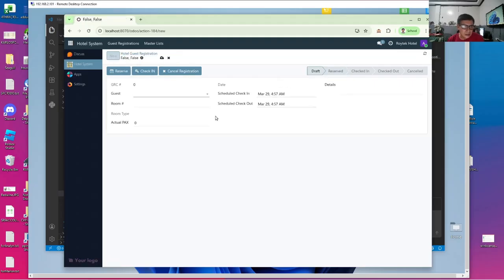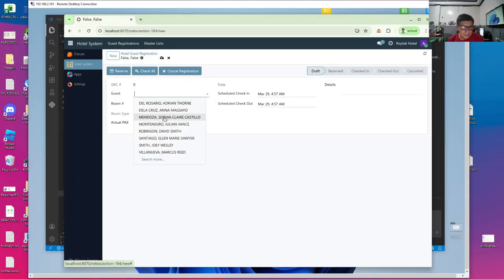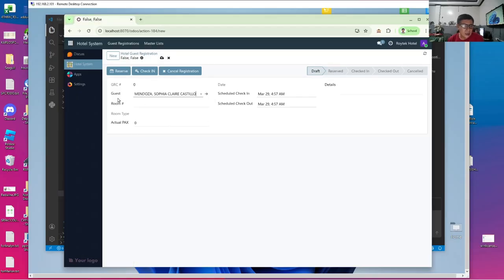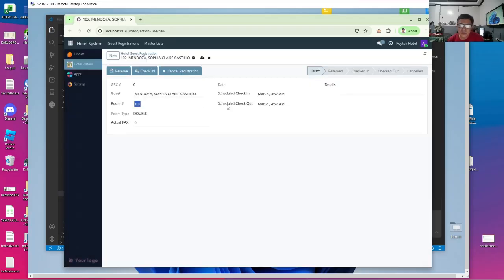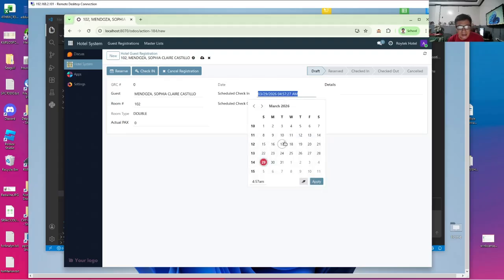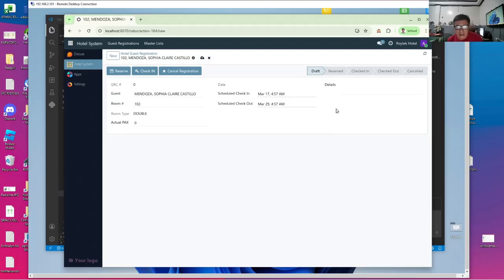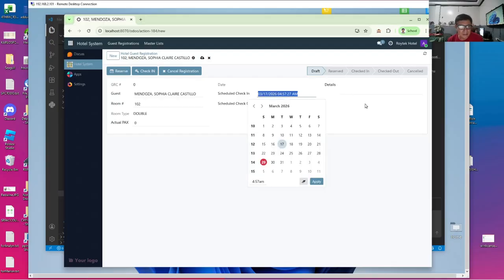Let's create a new registration, for example. Okay, like that. So there's guest ID, which is a many to one field. There's room number, which is also another many to one field. We can search actually, Odoo does that. And then we have a scheduled check-in and check-out. If you ask why there is no year, that's because that's the default date format in Odoo 19, where dates will not have year and time if they belong to the current month. But anyway, when you click that, it will all be displayed.